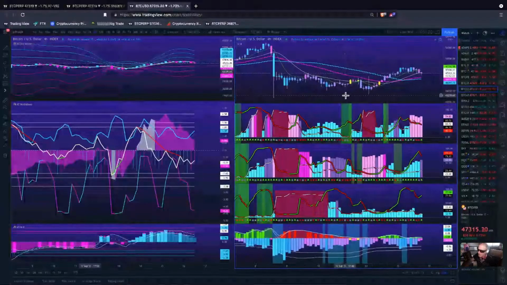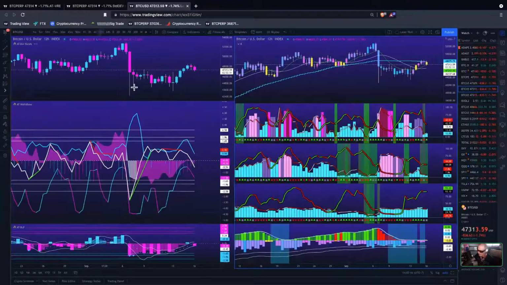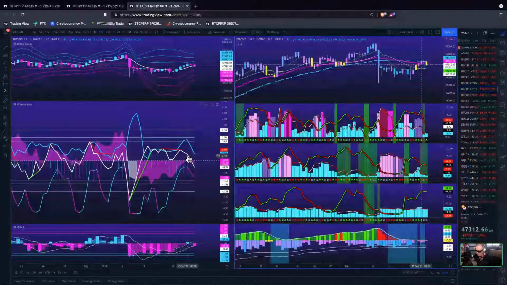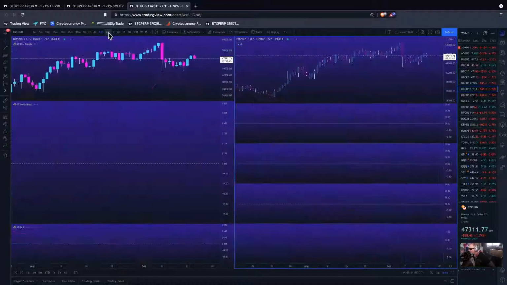Let's check out the 12-hour real quick. Yeah, see, we printed this bear div too on the 12-hour. And we've got another point here that'll probably print at the close of this 12-hour candle. Let's see, what's that? 45.4 is the first. It's a little lower. Right now we're hanging on this log MA here at 47.243. That's what's bouncing price action. And then again on the daily,